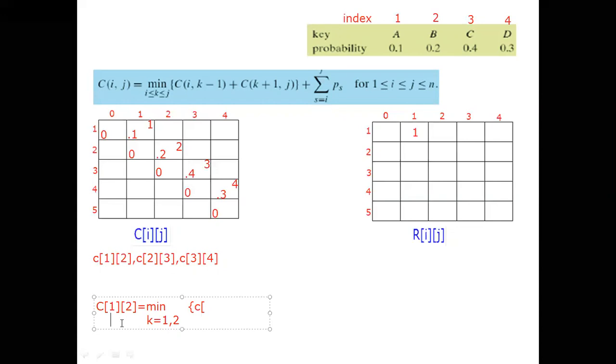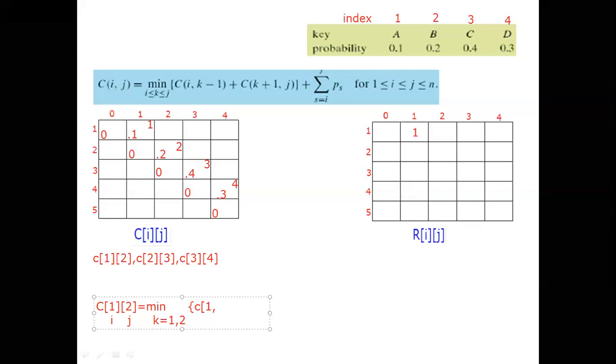Before that I will write here, this is I and this is J, right? Based upon this formula C of I, J, you can write it as a square bracket or parenthesis bracket because it is a multi-dimensional array. That is why I use the square bracket. You can use the parenthesis bracket also. Now I will explain up to minimum so that you will understand. C of I, J, it is 1, 2, minimum of. What is the K value? K value means from I to J, all the values we have to add. What is I? 1. What is J? 2. That is why K value is 1, 2. C of I. What is I? It is 1.